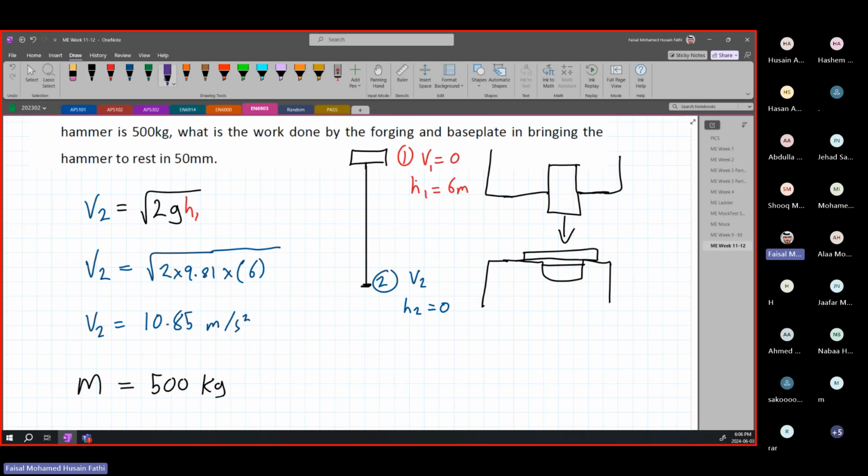The first one is the forging, which is this case over here that we're looking at, going from 1 to 2. And then there is the base plate down here. This is our base plate that will stop the hammer from moving, but it will cover a distance of 50 millimeters, or in other words,